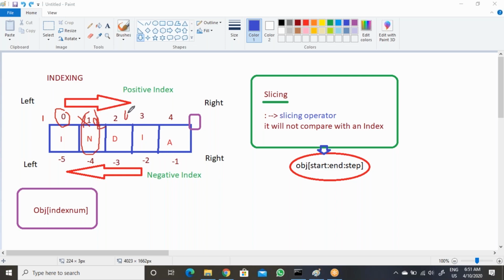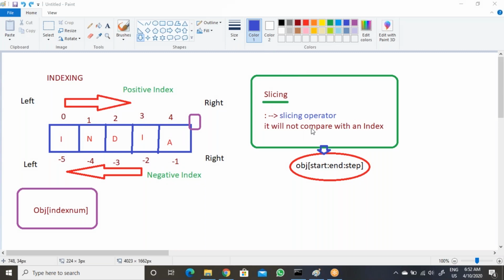Then again 1, then 2. You can write it like this. So 1 is there, fine. 3 will be skipped. Again 1 is there, and then we don't have any value. So you can get to know once again here.